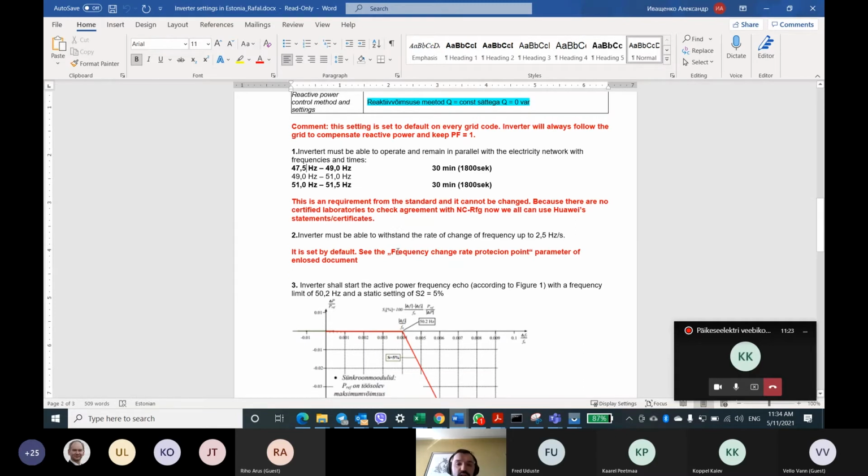So the next one is that the inverter must be able to withstand a rate of change of frequency up to 2.5 Hertz per second. Basically, this is the same story. We have this certificate, the statement that our inverter can work with 2.5 Hertz per second.